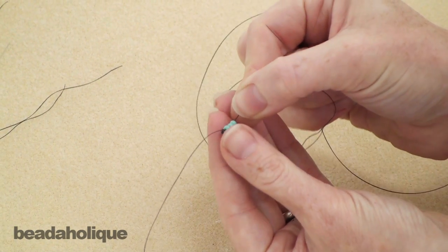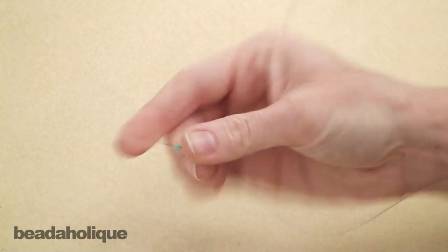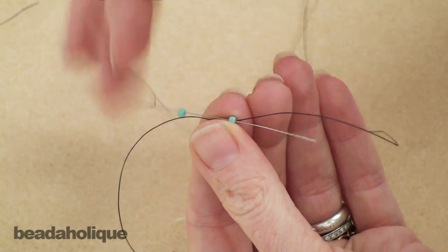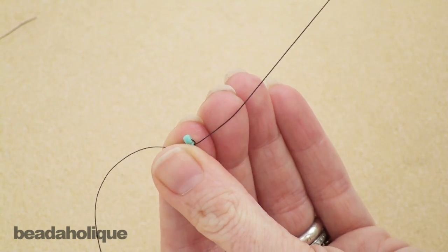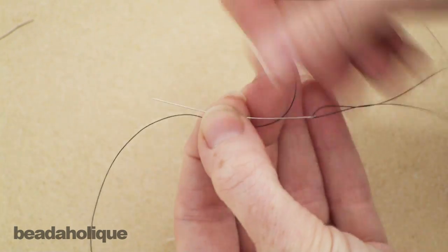I want to make another row of 3, so I'm going to pick up a bead and go through in the opposite direction the last bead I strung on here before I strung the first one for my second row. See, that creates a nice little loop, and when you pull it tight, it sits right on top of the other bead. I'm going to go back through it,